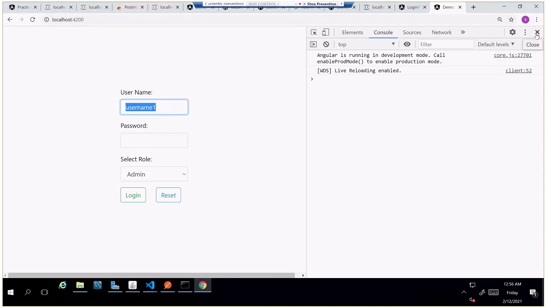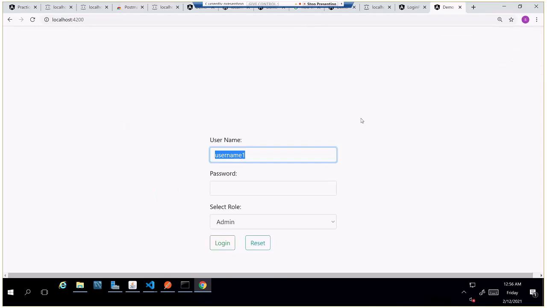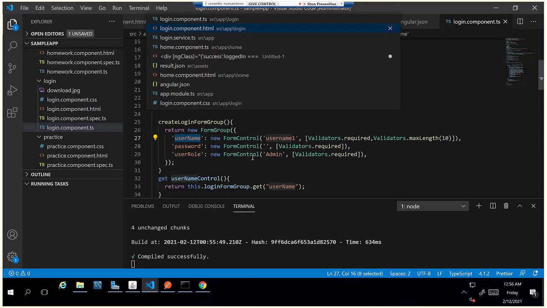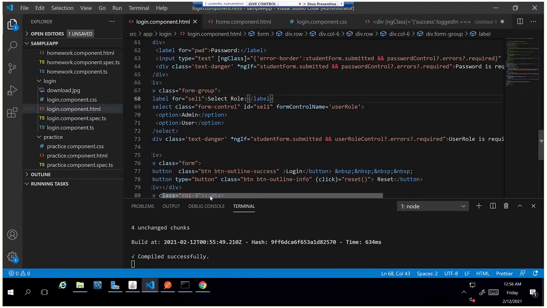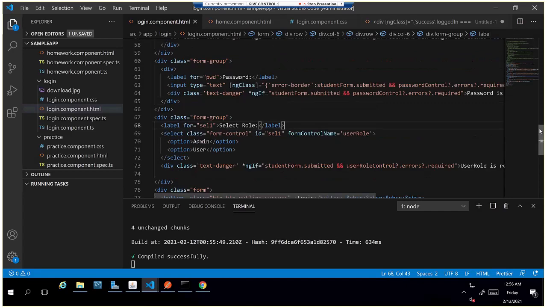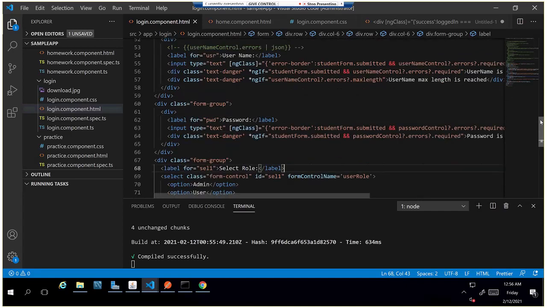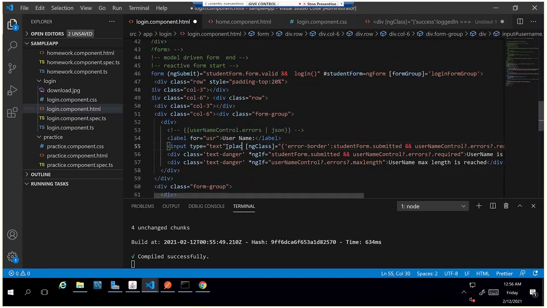Inside the text box it says enter the username, but as soon as you click it, it disappears. How does that happen? Is that CSS? There is a concept called placeholder. I'll add the placeholder here. This is the input, and here I'll add placeholder equal to enter username.